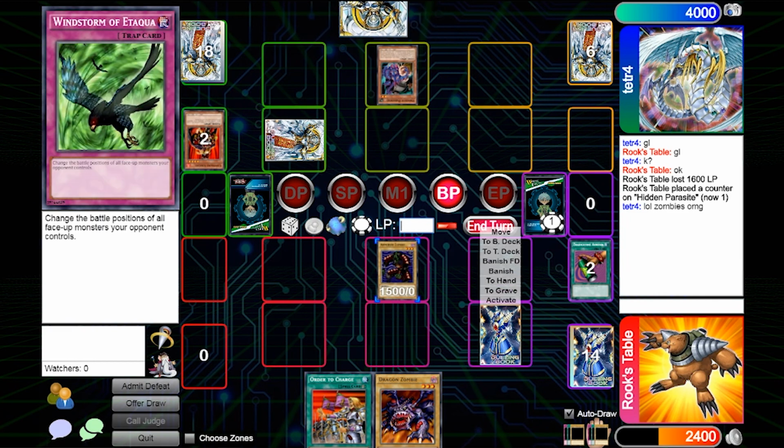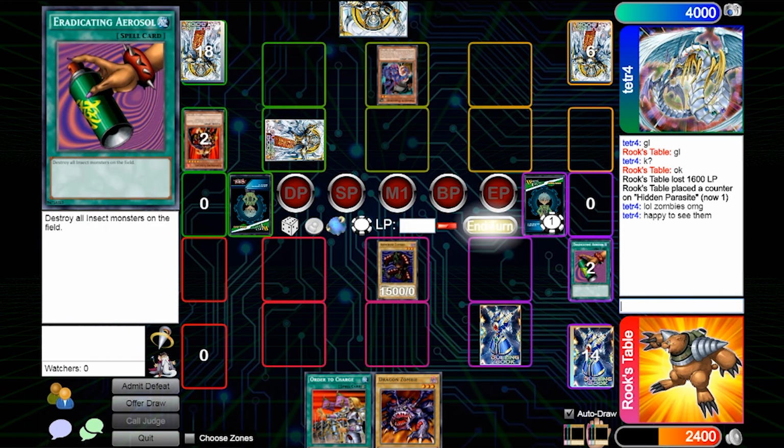And okay, quick effect Parasite Paranoid coming on the Armored Zombie. So that's the risk I run by playing a normal monster right out there in attack mode, is that if he's got Parasite, then there's the equip bait. So he's equipped Parasite to it, and I cannot attack, and I had to pass to Tetra, and now he